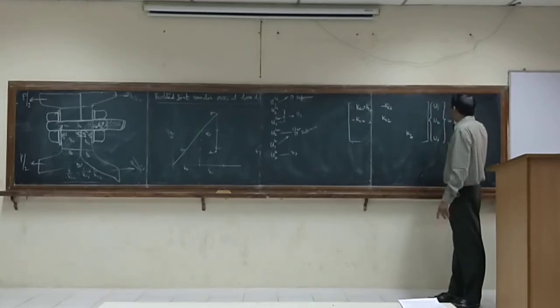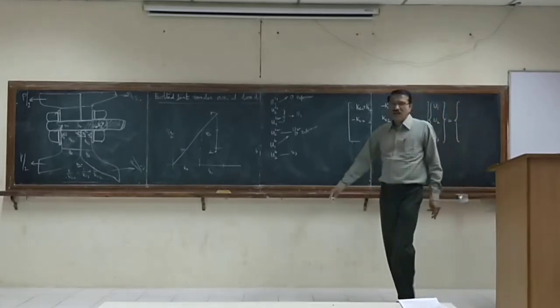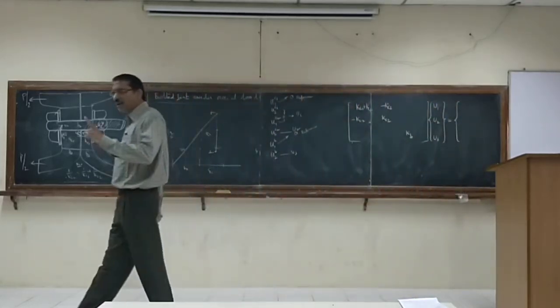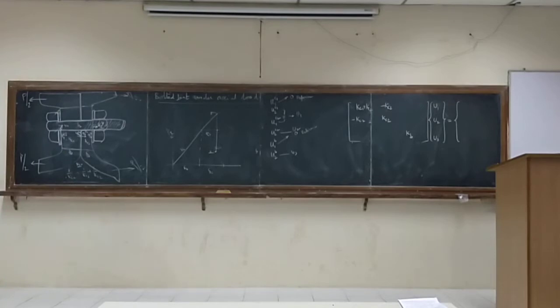Then we need to introduce the preloading. Boundary conditions are introduced. Preloading. How are we going to introduce the preloading? First thing, if you know how much is the axial load generated in the bolt and how much is the compressive load generated in the components when you complete the assembly, that load can be directly brought onto the problem as a compression in the direction of U2 and tension in the direction of U3. If that is available, that is right. If that is not available,